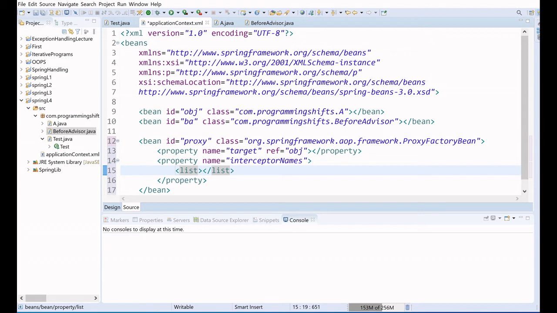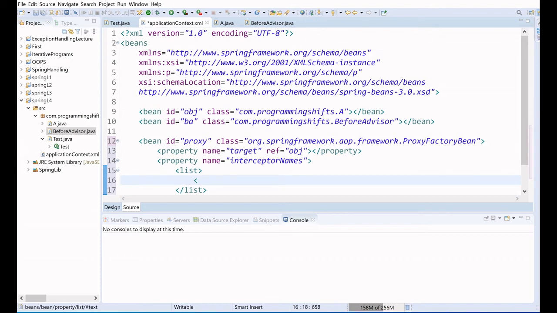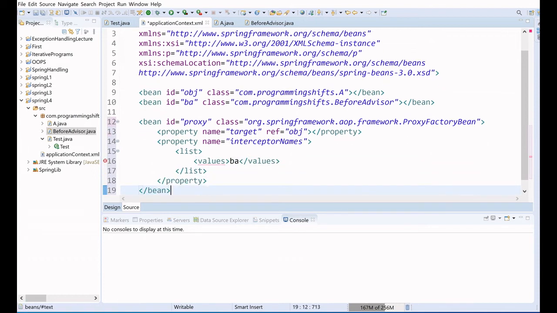We already know these things. In this we have to pass the values. In the value tag we have to pass the object BA. When we pass this object BA, it will create the advice. Not values, sorry, it's value. Fine.